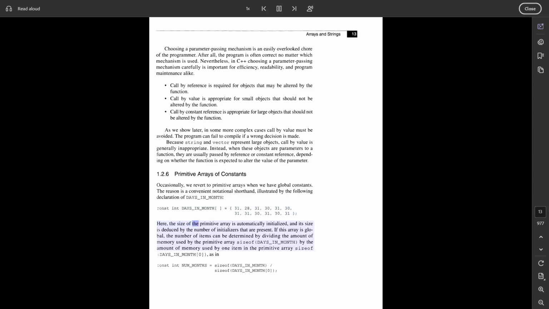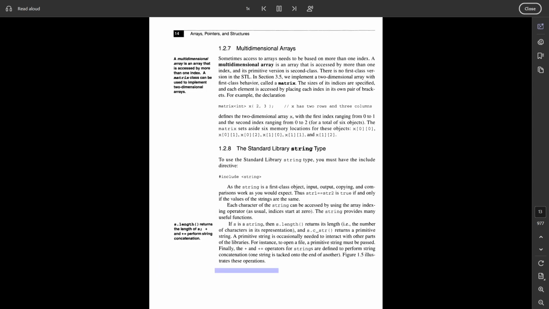Here, the size of the primitive array is automatically initialized, and its size is deduced by the number of initializers that are present. If this array is global, the number of items can be determined by dividing the amount of memory used by the primitive array, sizeof daysInMonth, by the amount of memory used by one item in the primitive array, sizeof daysInMonth[0], as in const int NUM_MONTHS = sizeof(daysInMonth) / sizeof(daysInMonth[0]);